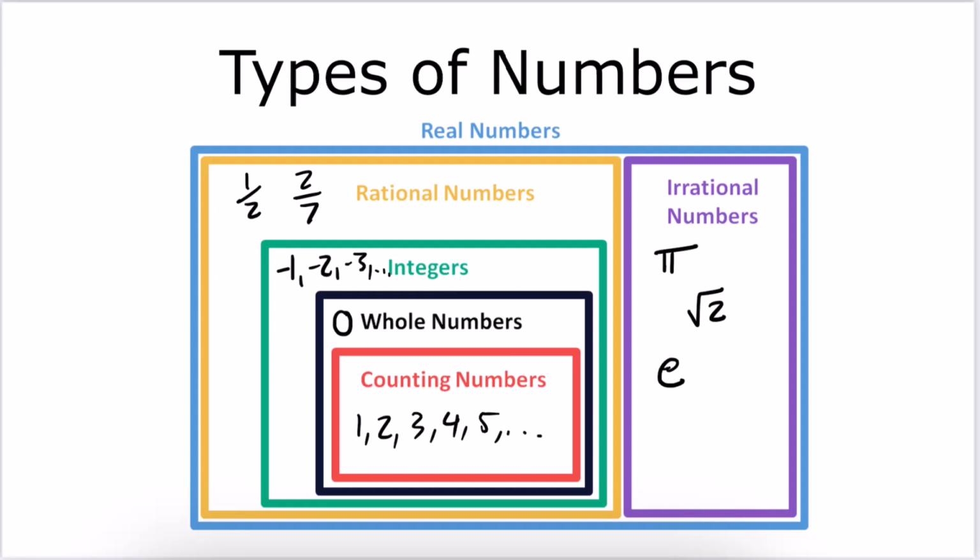The combination of the irrational numbers and the rational numbers are called the real numbers. This is the type of numbers we work with the most. There actually are more numbers than just this. If you take the square root of a negative, that creates imaginary numbers. And then you also have numbers like the hyperreal numbers and complex numbers and things like that. But for this class, we're only going to focus on these sections, and we're going to spend most of our class looking at this region right here,